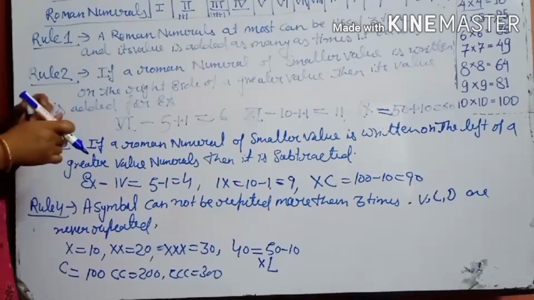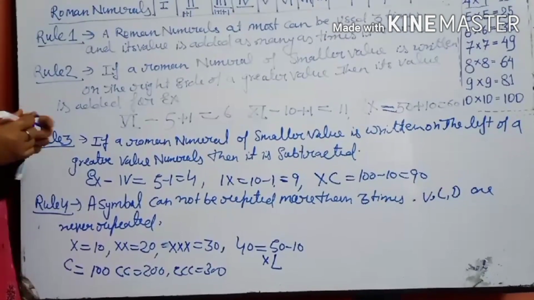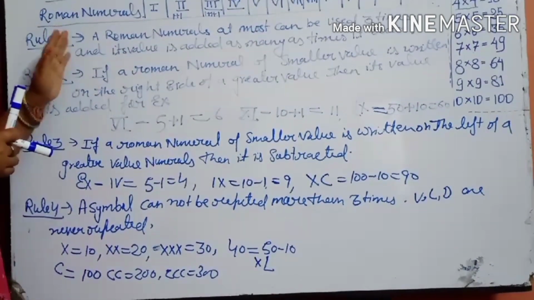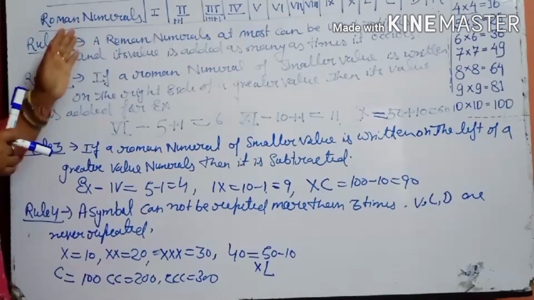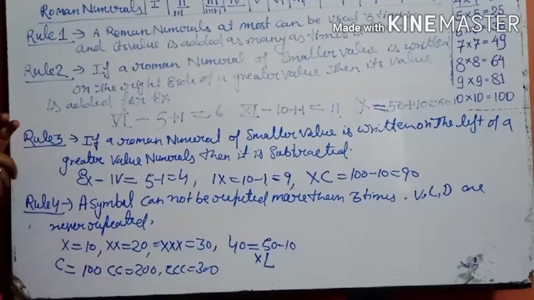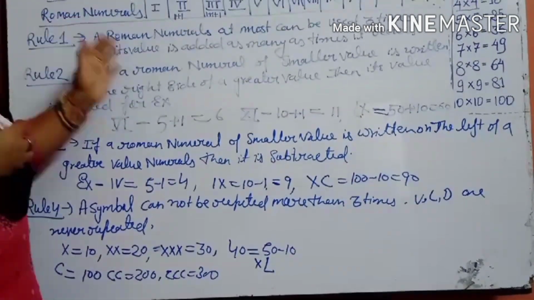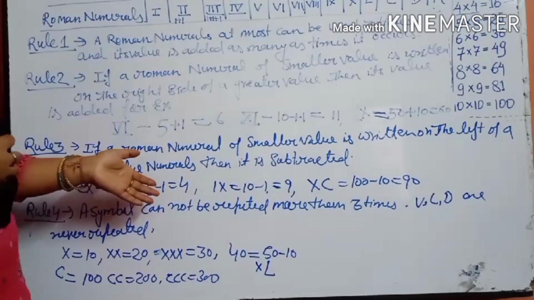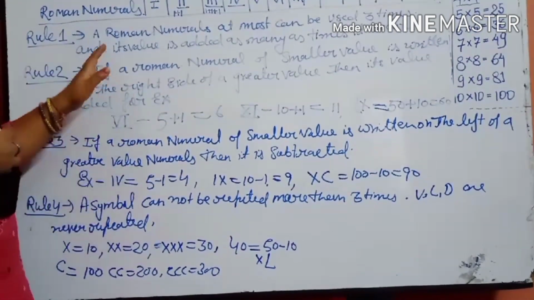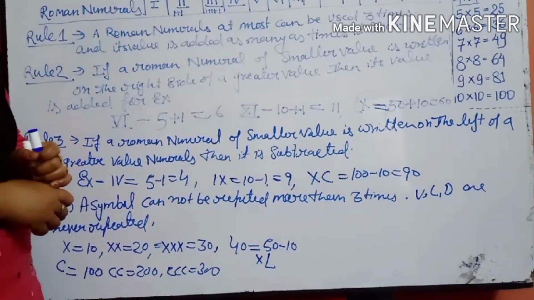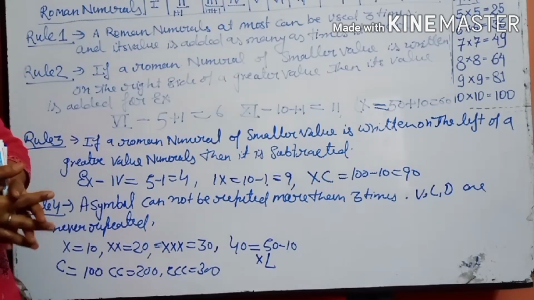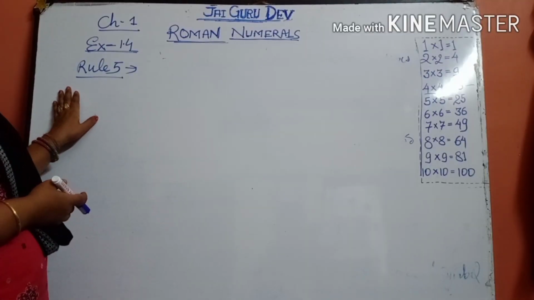In this way you just follow the rules. If the rules are clear to you, then you will not have any problem in understanding Roman numerals, and this is not difficult. You already learned it in class 5th also, and in that class you had solved many questions based on it. Here very few questions are given in your book. Now, after learning the last rule, the 5th, we are proceeding to your exercise, the last exercise of this chapter. Till now 4 rules we have completed.